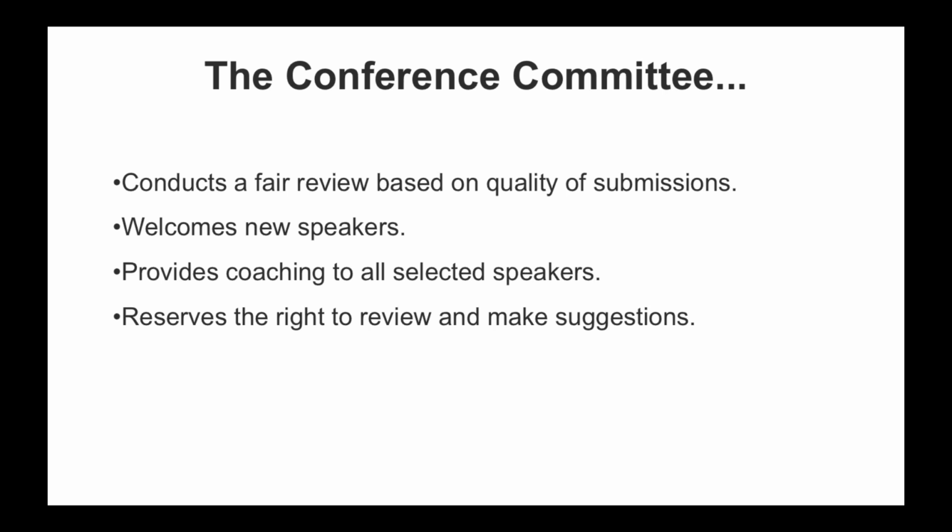The last two items concern those who are accepted. As you consider putting a proposal together, know that if you are selected, a member of the conference committee is going to work with you to help you develop your session. The representative will also do a review of your slides to make sure that it meets our standards. If you get selected, we may ask you to focus on a variation of your proposal, or maybe to collaborate with someone else if it's a popular topic. We pride ourselves on the level of personal attention and respect we give our speakers all the way to the end.